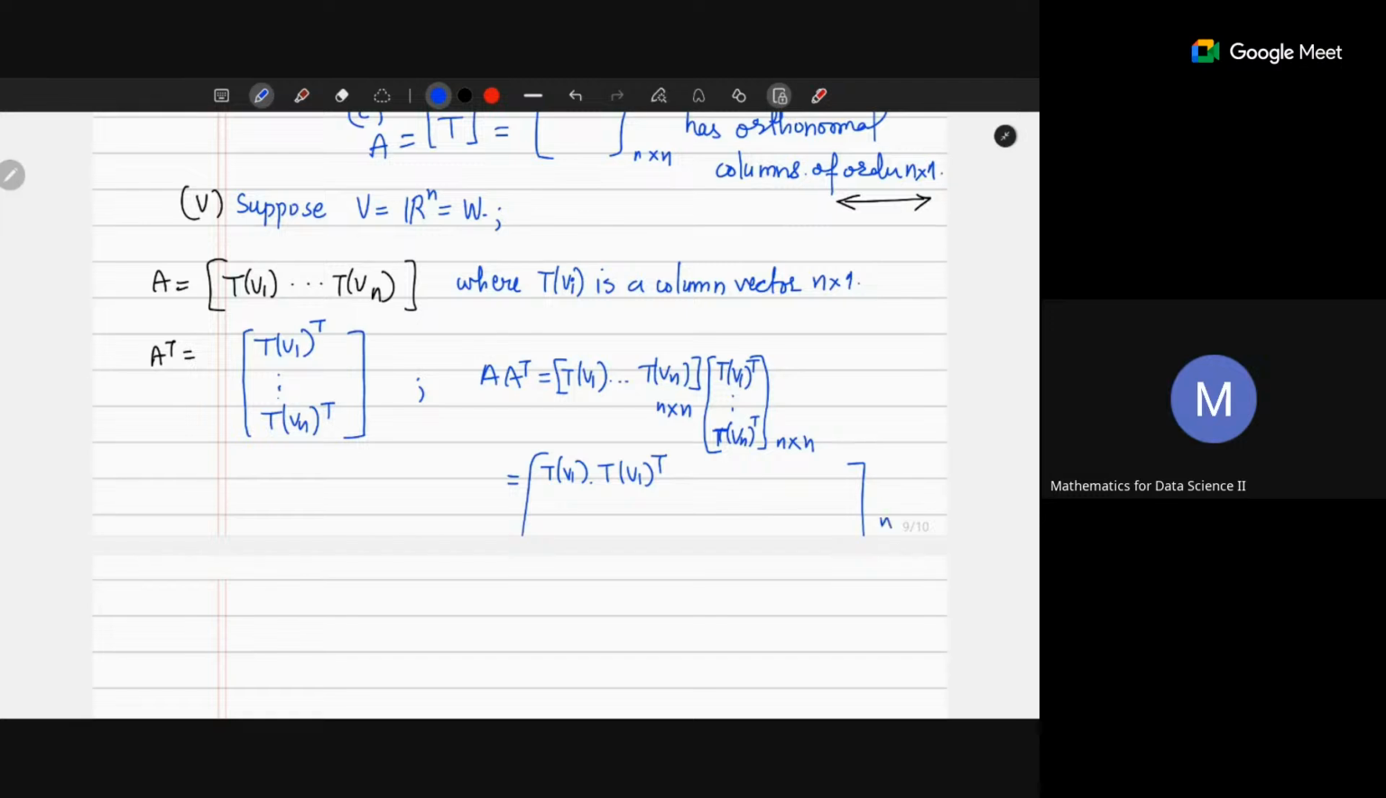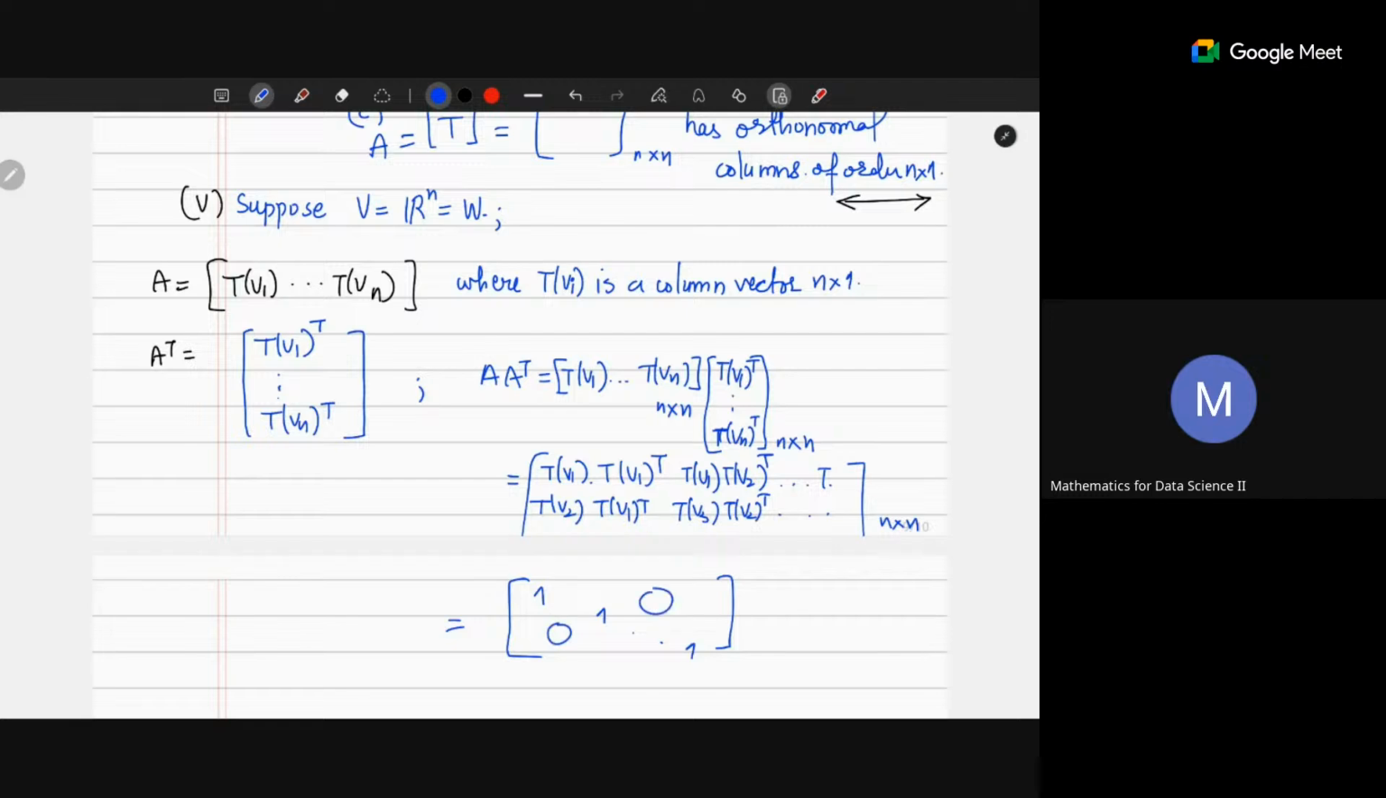So the result should also be n cross n, right? So you will see that you are multiplying this with this, then you are multiplying TV1 with TV2 transpose, and so on. So all the other entries will be zero except the first one. Similarly, you will multiply TV2 with TV1 transpose, TV2 with TV2 transpose, and so on. So what will you get? You will get an identity matrix,